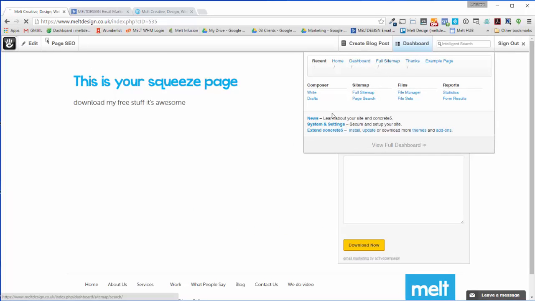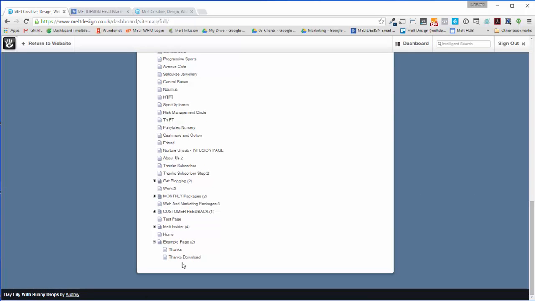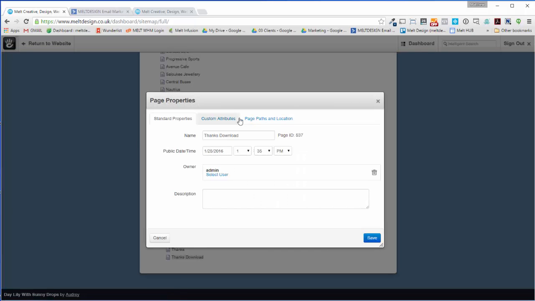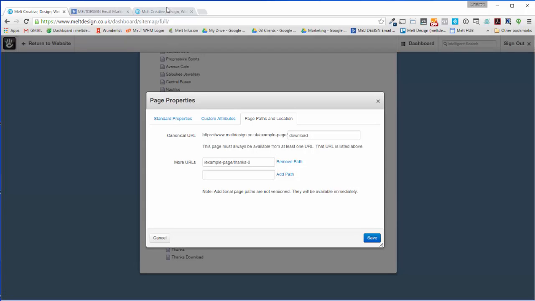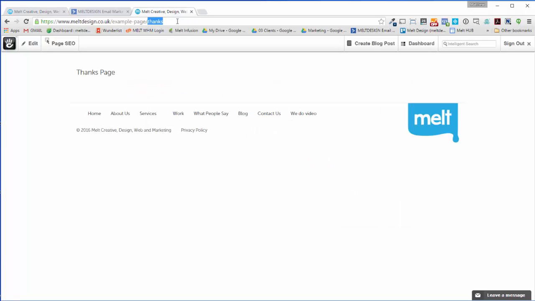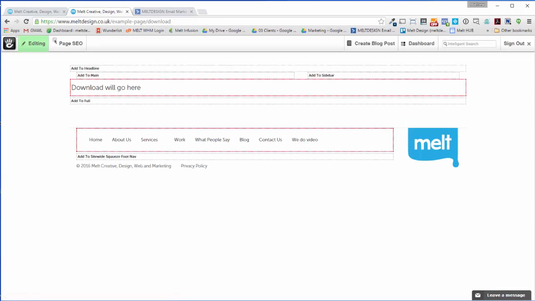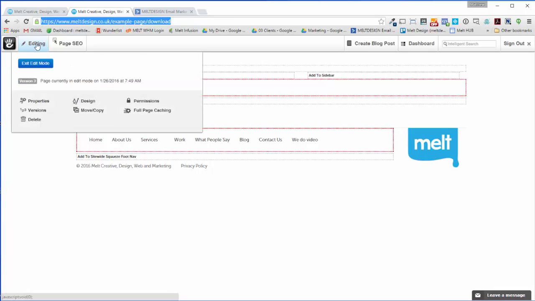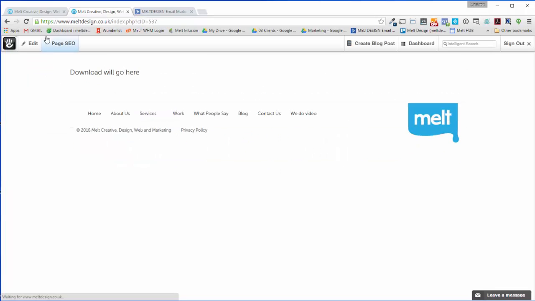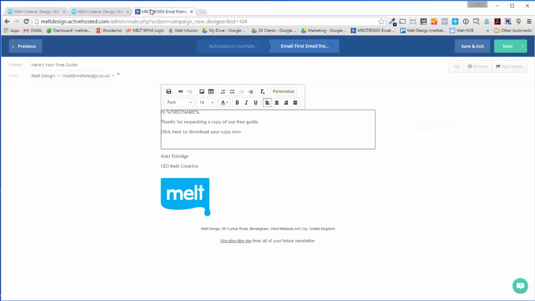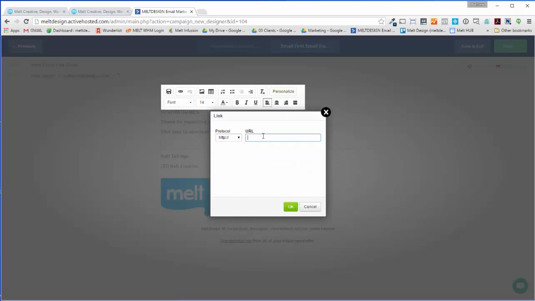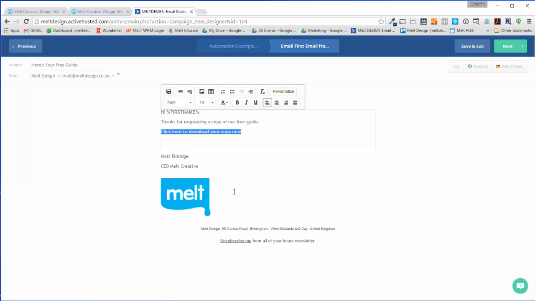So let's go back and get the URL for the download page. Properties for Thanks download. Example. So here I've got Thanks. Just going to change that to a download. The reason I use 2 tabs, that one and that one, saves me messing around, coming in and out, just saves time. Come back to ActiveCampaign, highlight the bit you want to link to, and we're going to click on the link symbol, pop it in there, press OK, bold it up, and then